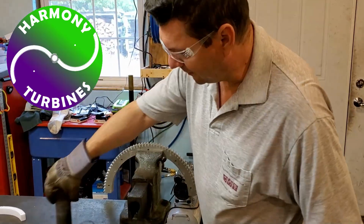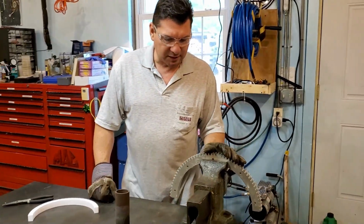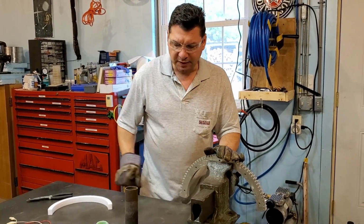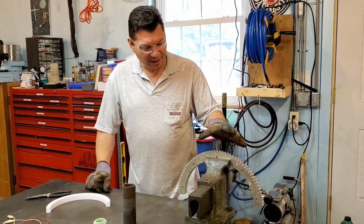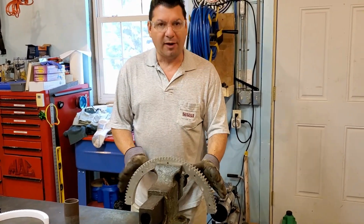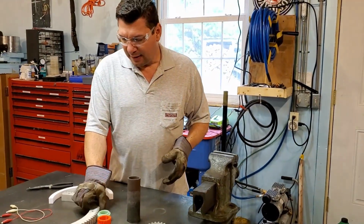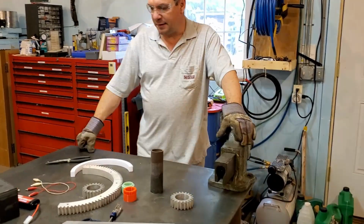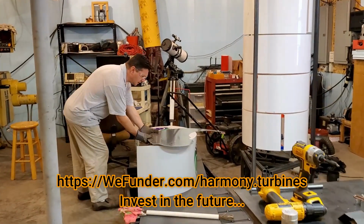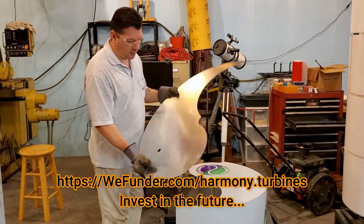They're awesome. And at that point, if I can run this, you know, just 30 seconds back and forth to wear off any of the little burrs or the little high spots and have fully functional gears, we're in business. So I'm going to be calling into the shop on Monday and telling them to go ahead with fabrication of these parts. It's going to be 20 of these and 10 of these, and at the same time they're going to be making, probably have them cut these first, but these are our parts cut out of water jet. They're beautiful, and it's